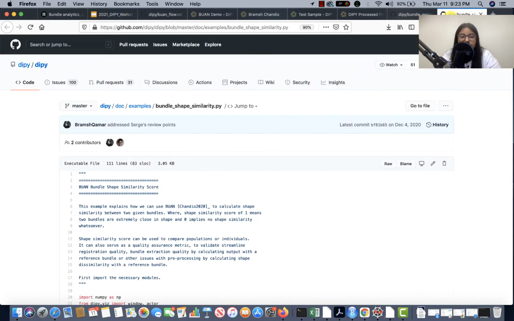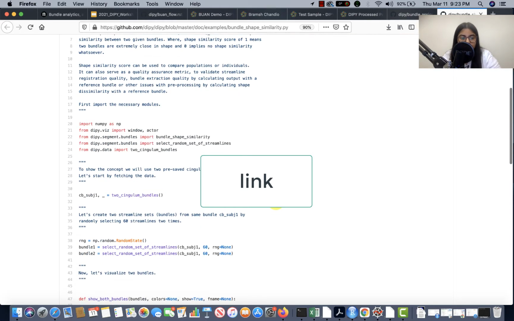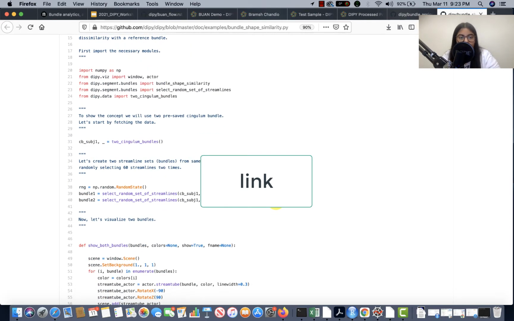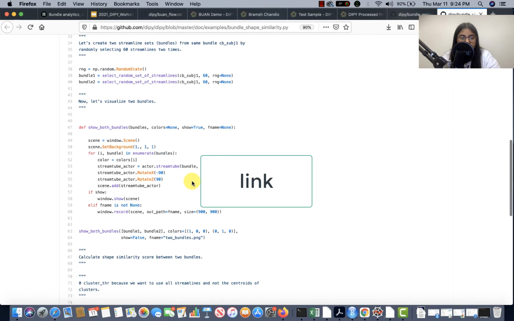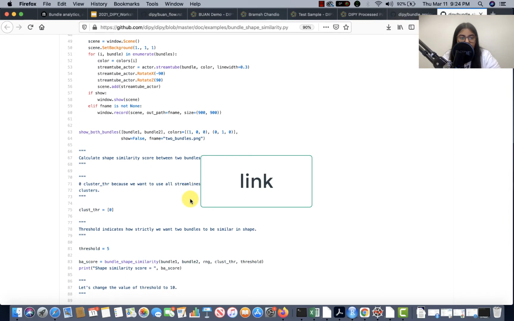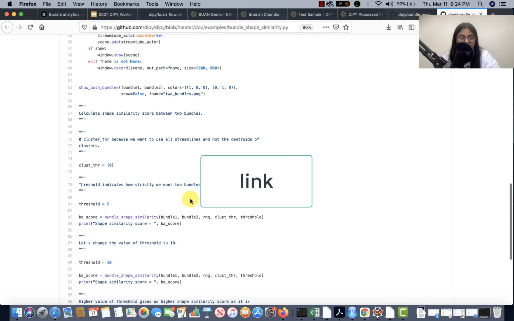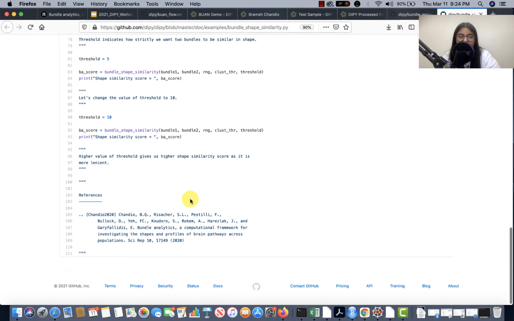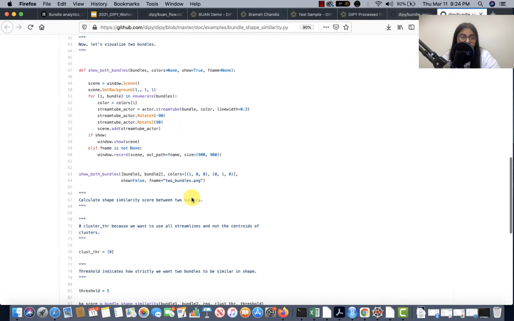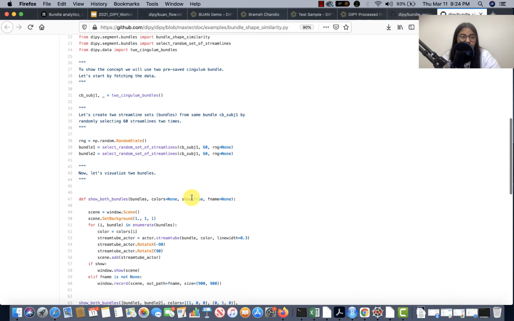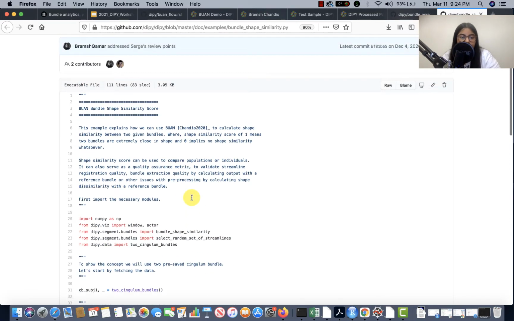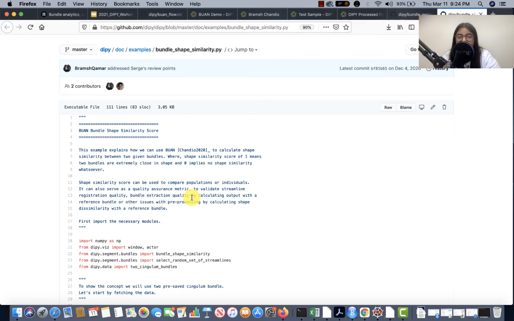So if you want to do it for just 1 or 2 bundles, here is the tutorial for bundle shape similarity in DIPY. Here it shows you how you can have 2 bundles. In this case we have the cingulum, and then we are showing the bundle shape similarity score between those 2. So you can follow this tutorial; this is a Pythonic tutorial. If you would like to have your own script in Python and you would like to do that,